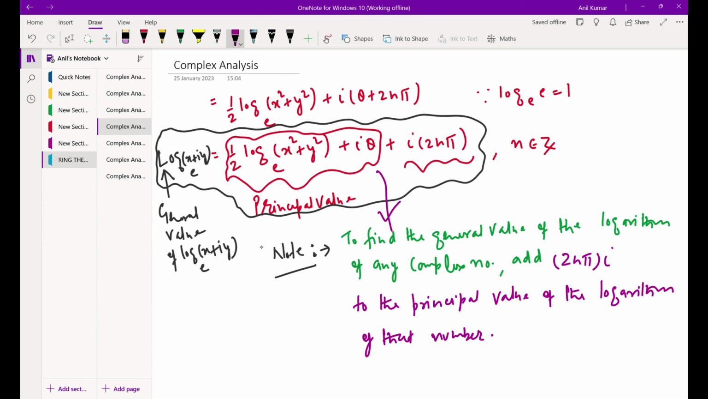इन वर्ड्स में एक्सप्लेन किया है कि अगर आपको जनरल वैल्यू फाइंड करनी है तो प्रिंसिपल वैल्यू क्या है, दिस इज योर प्रिंसिपल वैल्यू। प्रिंसिपल वैल्यू में आपको सिर्फ ये ऐड करना है, कौन सा वाला फैक्टर, आयोटा 2n पाई या फिर 2n पाई आयोटा, वही लिखा है। टू फाइंड द जनरल वैल्यू ऑफ द लोगरिथम ऑफ एनी कॉम्प्लेक्स नंबर, ऐड दिस टर्म 2n pi iota to the principal value of the logarithm of that number। इसी रिजल्ट को मैंने इन वर्ड्स में यहाँ पे एक्सप्लेन किया है, राइट।